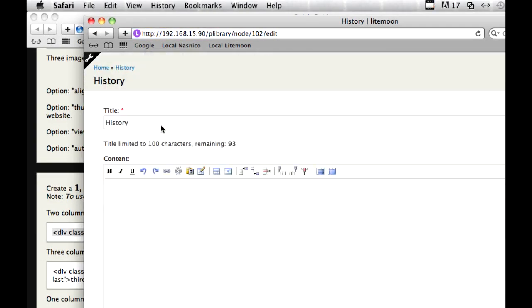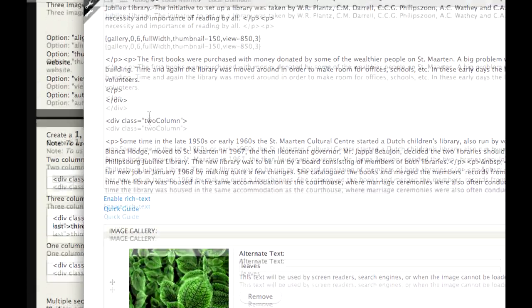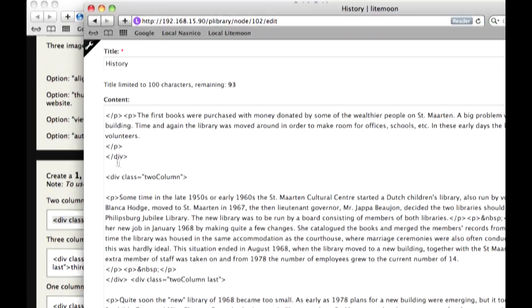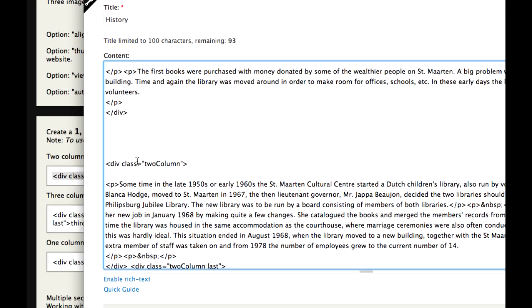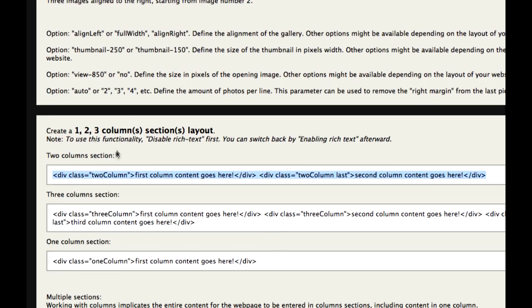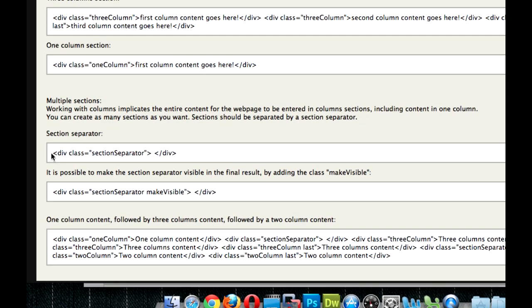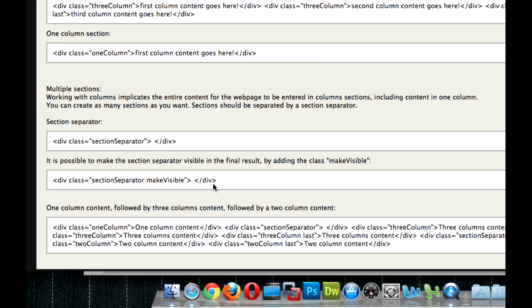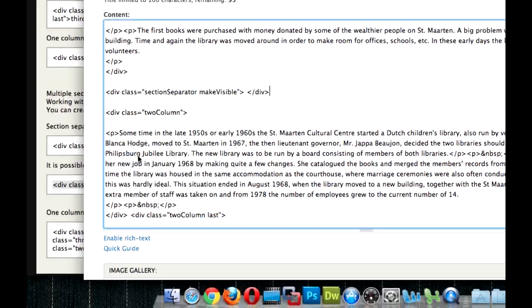So normally the best practice is between 2 sections to add a section separator. So back in HTML mode, I can see that my first section stops here, and I have my section with 2 columns starting here. So here in between, I want to add a separator. I'm just going to click into the quick guide, and I can see that I have the choice between a separator invisible and a separator visible. I'm going to select the visible one for now and copy that back here. I'm just going to paste that here,